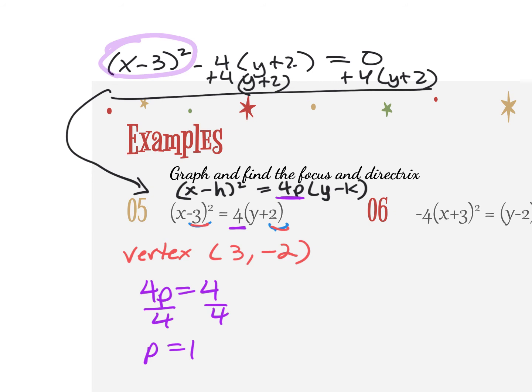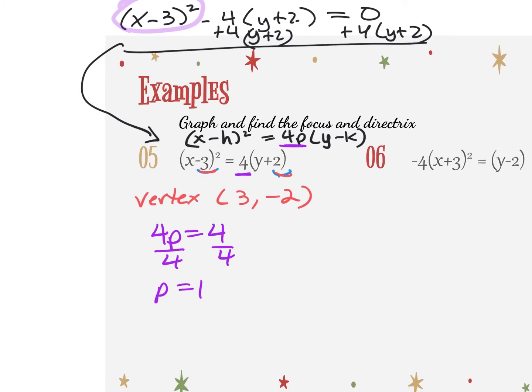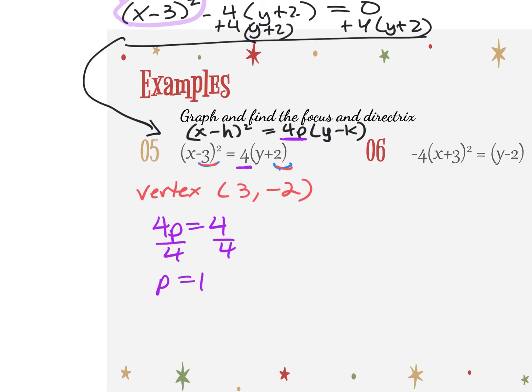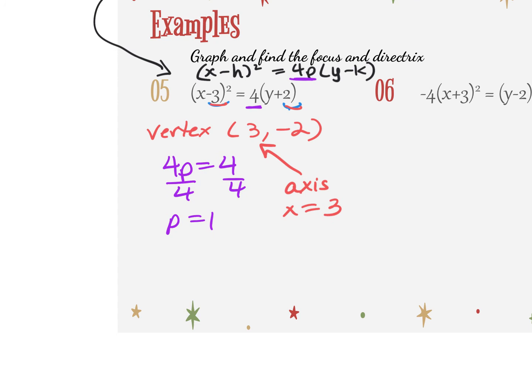to the directrix. So now, if it asks you to list the axis of the parabola or the axis of symmetry, remember it's always the x of the vertex. So the axis is x equals 3. That's your axis of symmetry or axis of the parabola. Now, what we need to do is find the focus point and the directrix. So for my focus,